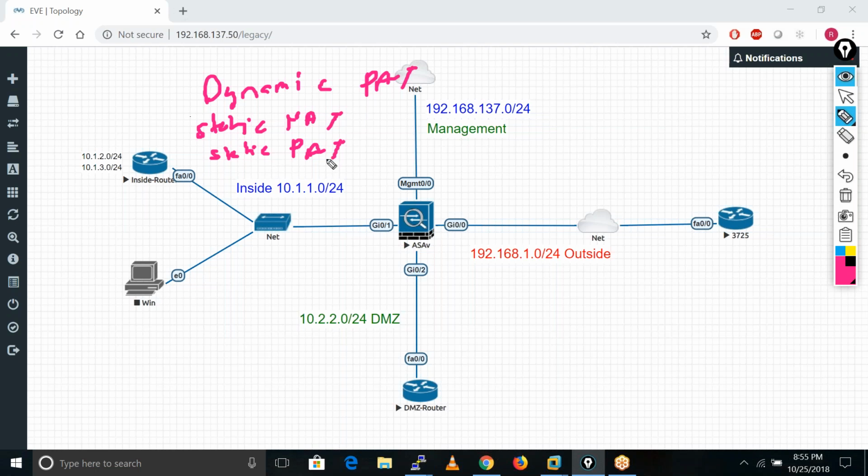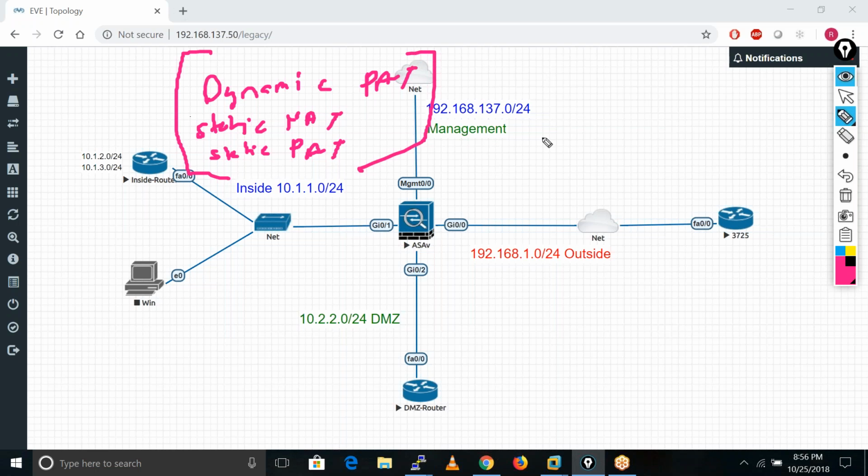Okay. We have some more NAT here, but the thing is, if I start teaching these NAT, guys, it becomes very complex for you, because there is one where we have identity NAT and policy NAT as well. But it becomes very complex for you because these are the CCIE level topics. So that's why I'm not going to touch these topics, because these are the main requirements which you need to learn as of now.